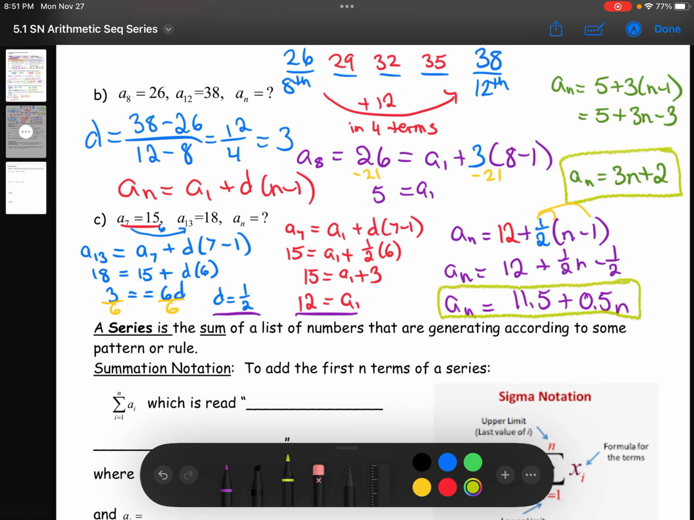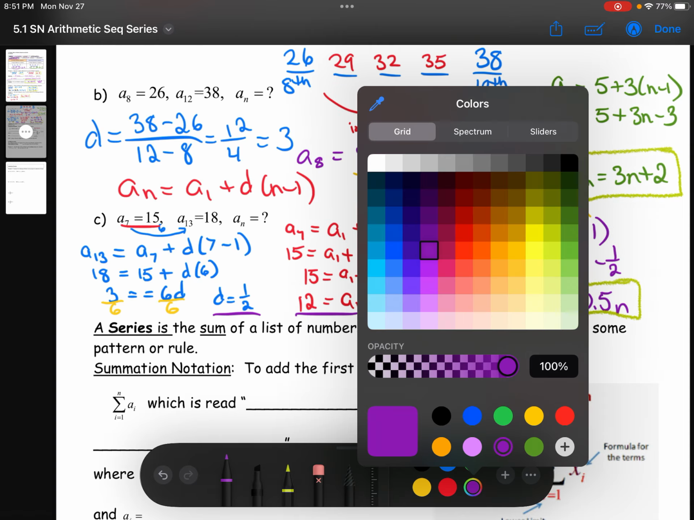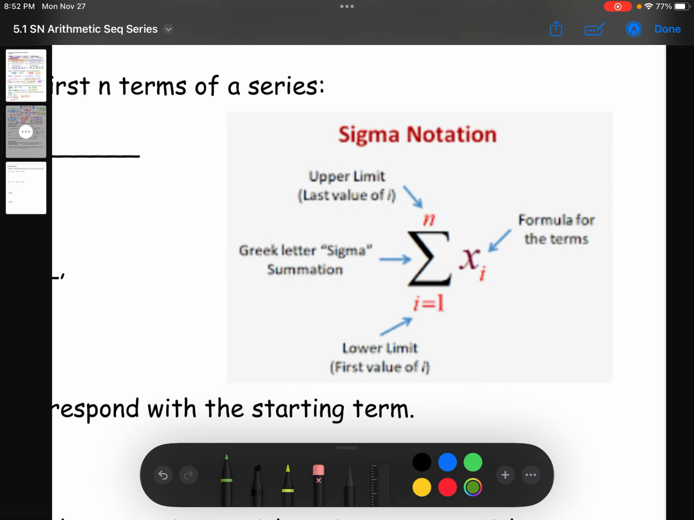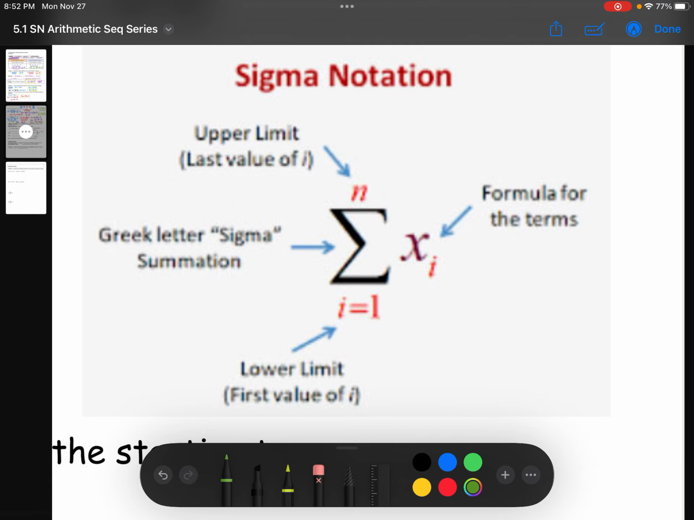Okay. So let's switch a little bit to series. Series is the sum of the list of numbers. So this notation, I know it's hard to read on your paper, this notation, the Greek letter sigma stands for summation. It looks like an E, it's a sigma. Okay? The number underneath, i equals 1, that's the lower limit. And what that means is that the first term